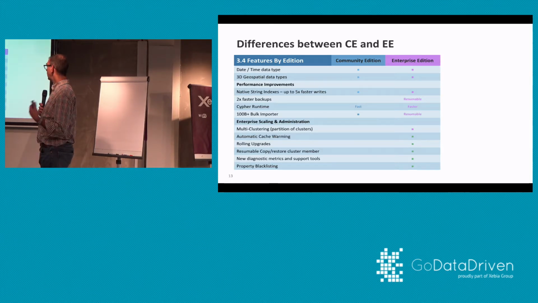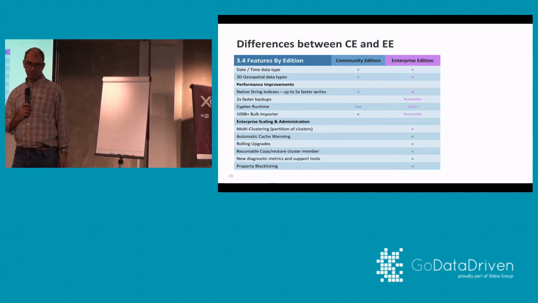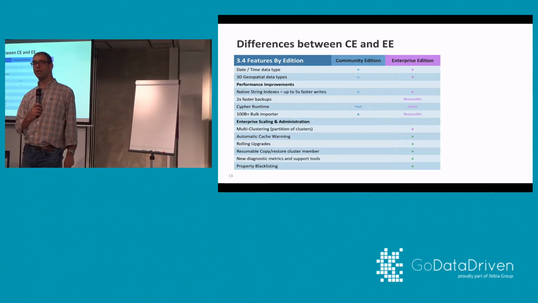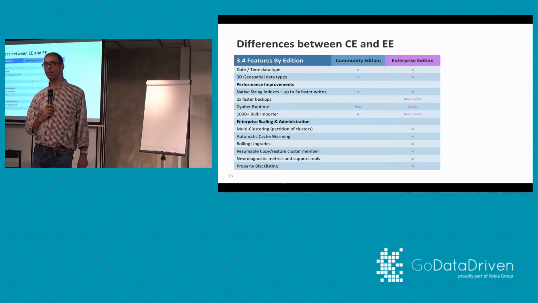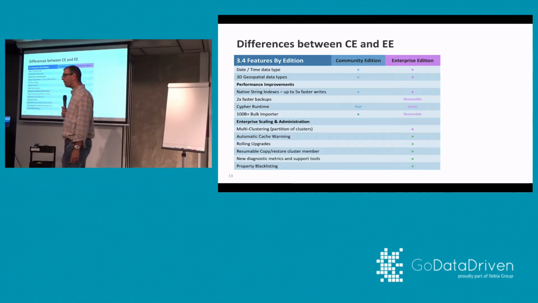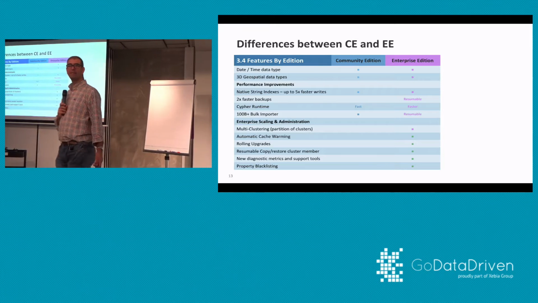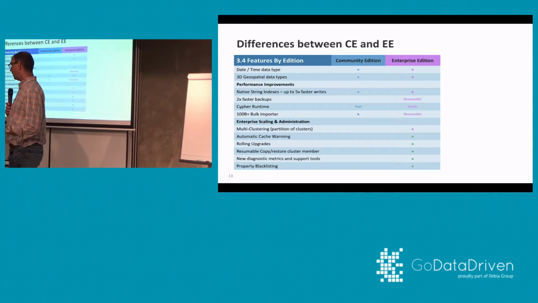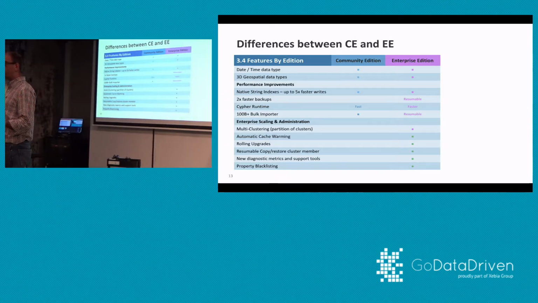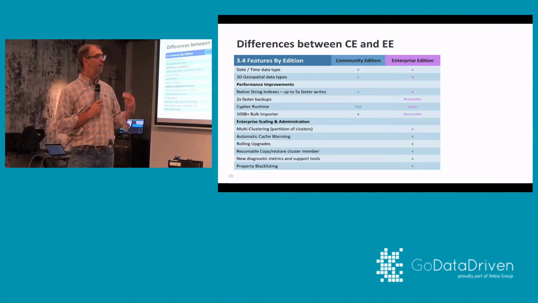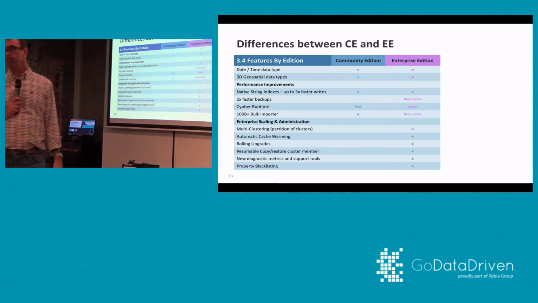So the multi-clustering, cache warming, rolling upgrades, you can read this, right? I think we pride ourselves in making sure that Neo4j will be around in 10 years from now. And that means that we need a revenue model, and that means that we need an enterprise version that people want to pay for, right? But I think the community edition still is an extremely solid product for lots of different reasons. And by the way, the enterprise edition is free for development use. You can just download the enterprise edition as part of Neo4j desktop and go wild with it.